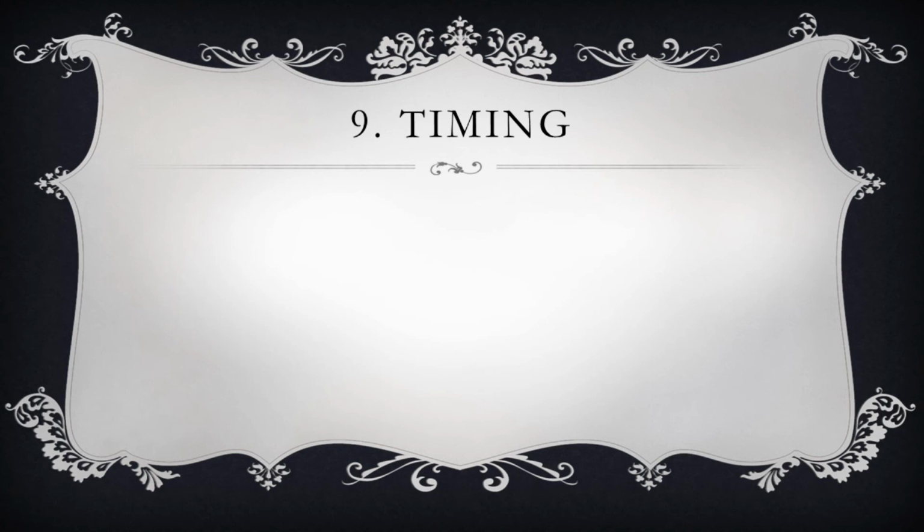Number 9, timing. Animations need to be timed correctly, or else it would just look plain odd. For example, a character that responds before another character has even asked a question, or a character that reacts too late to a punch to the face. Even subtle mistakes in timing can lose viewer interest or even lose the definition of the object.